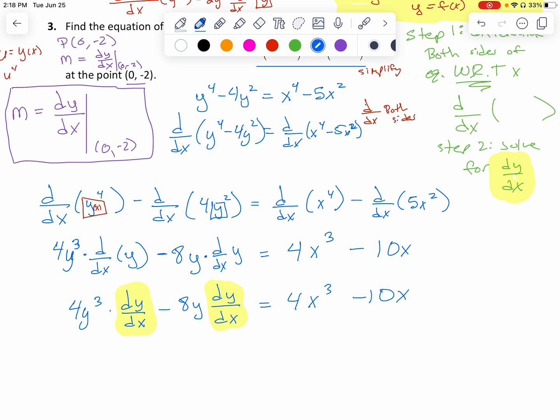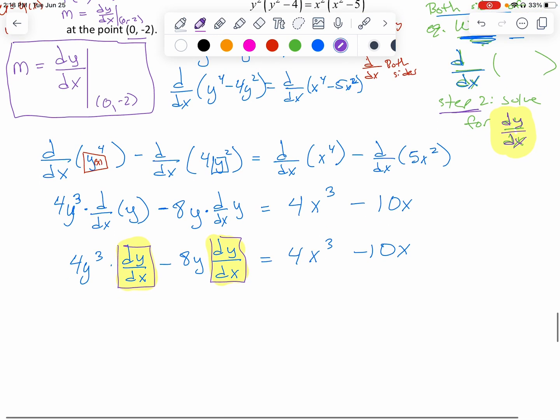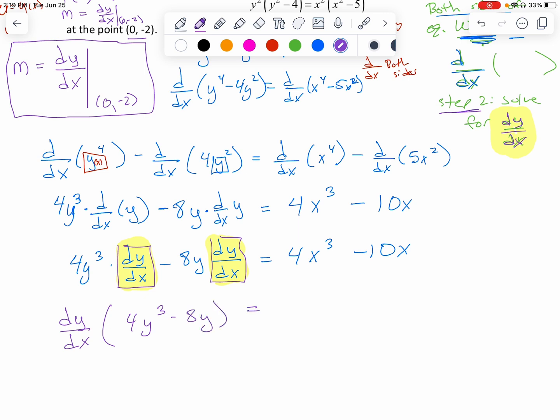So step 1, we did in blue, to differentiate both sides with respect to x. So we found our d dx in blue. And now I'll use purple and we'll solve for dy dx. So our dy dx, we're just solving for this variable, just like you would in good old-fashioned algebra, just like it was an x that you're solving for. So to get it isolated, first I need to factor it. So I'm going to get it out of that, gather them together so that I can isolate it. So factoring it from both sides, factoring it from the left,